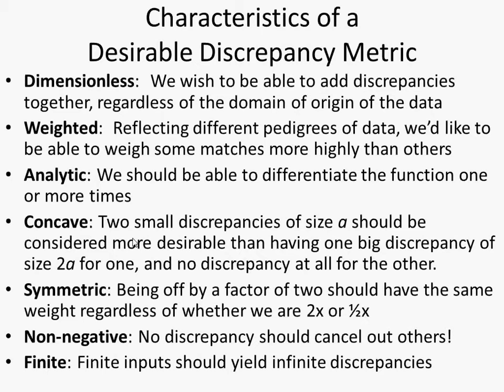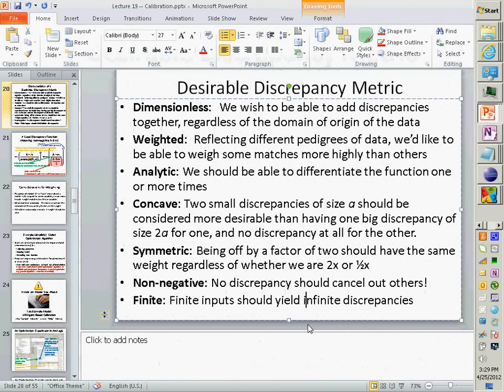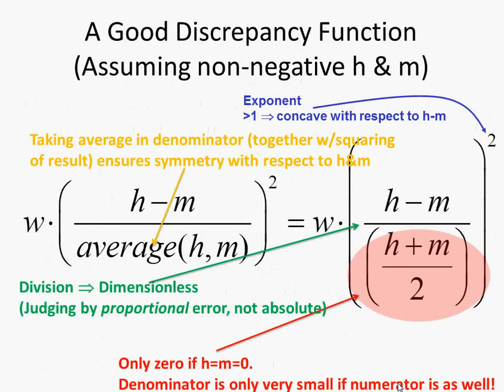You want it to be symmetric, so being off by a factor of 2 should have the same weight, for example, whether we're 2 times the value or 1/2 the value. Non-negative, so a discrepancy in one thing shouldn't cancel out a discrepancy in another. More discrepancy should be worse, not better. And finite input should yield finite discrepancies. There should not be infinite discrepancies. So there's a set of criteria there in terms of discrepancies. And this is